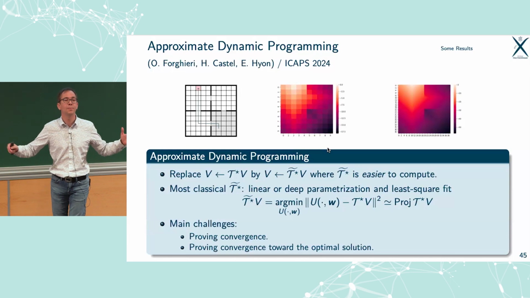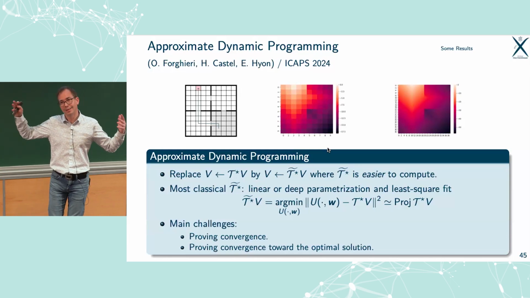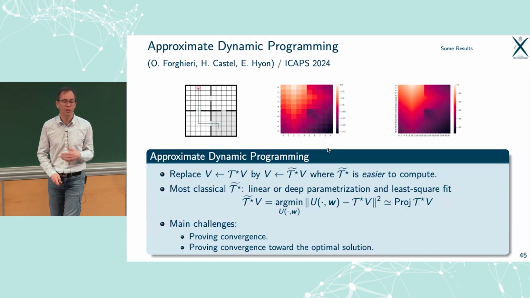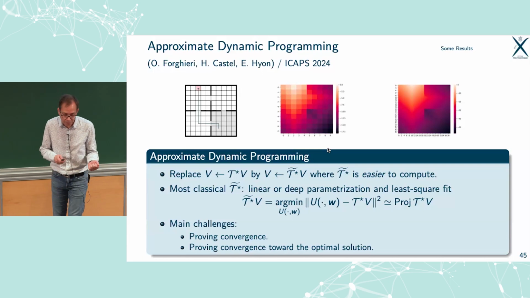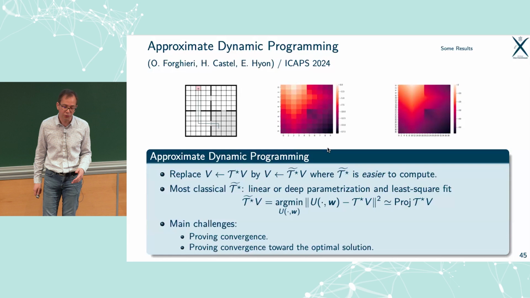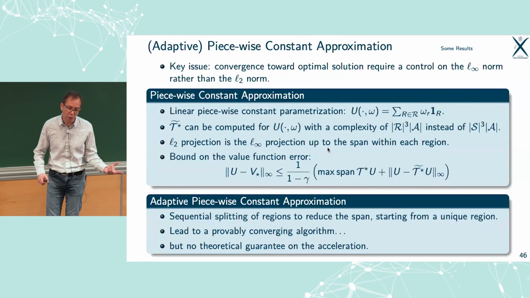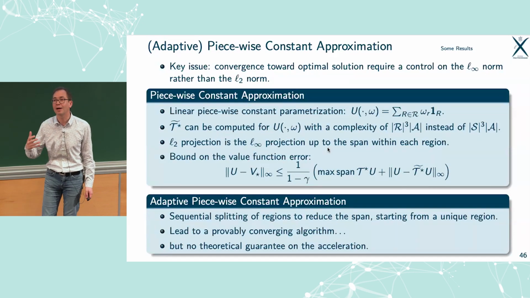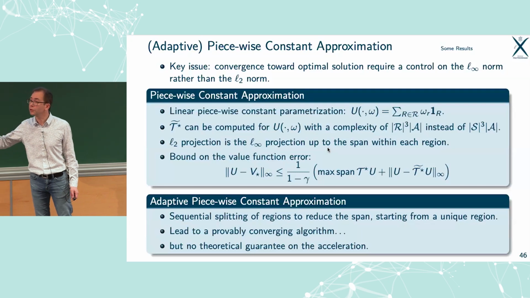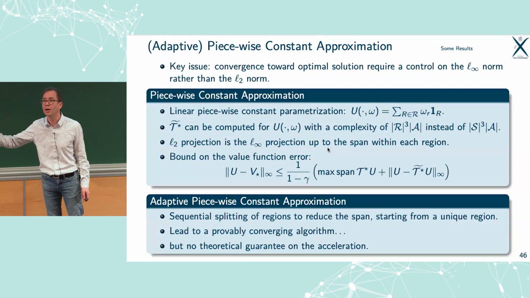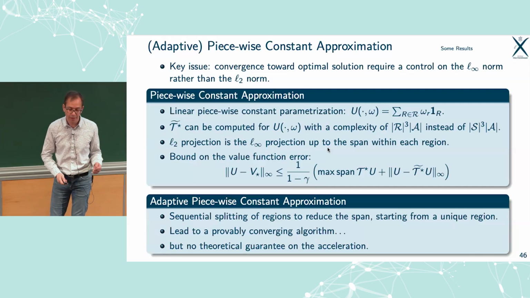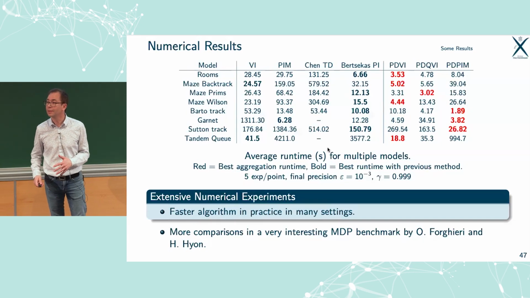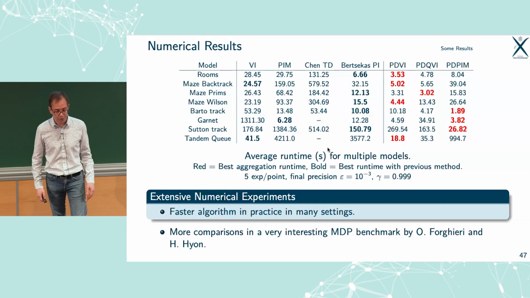That said, if the matrices are very large, there is a need to optimize the problem. And we've tried to tackle this by using old ideas of good parametrization of the solution, for which we want to be able to prove that the algorithm is sound. That is, we want to have proof of the convergence of the algorithm toward the optimal solution, and at the same time have numerical results showing that indeed in practice it's faster. And this is exactly what Orso is doing currently.